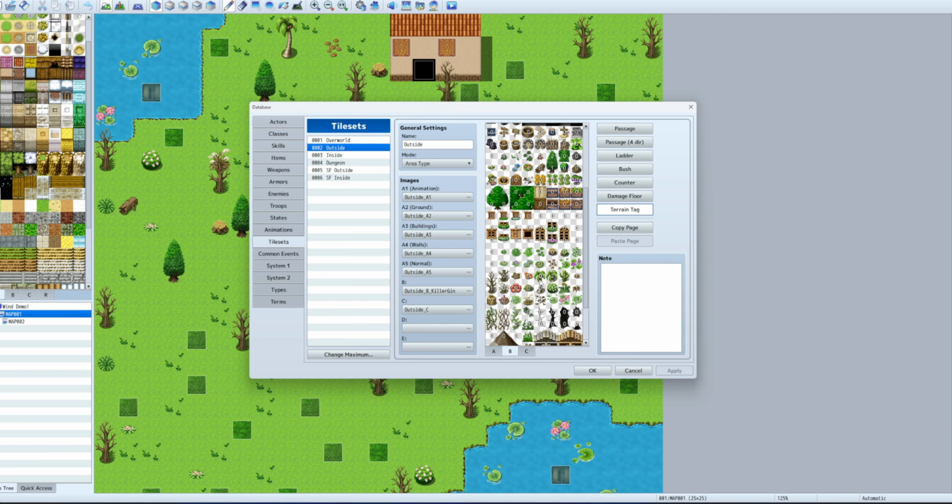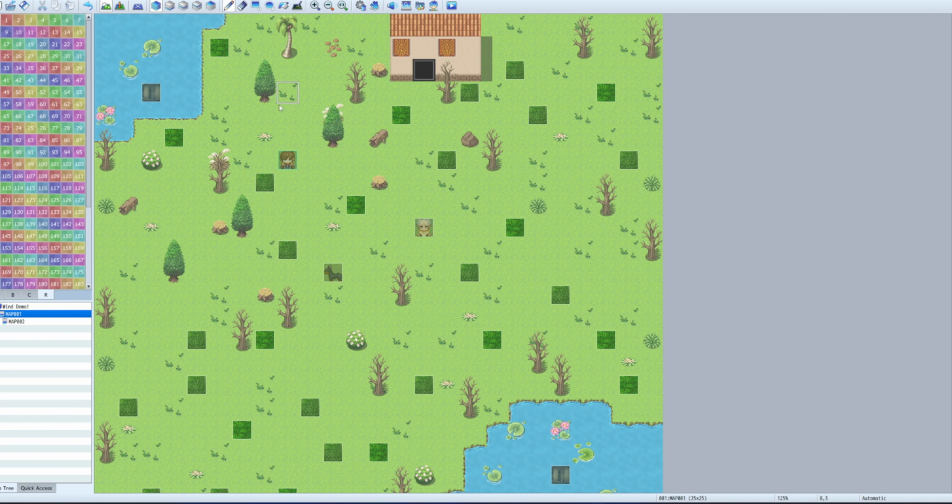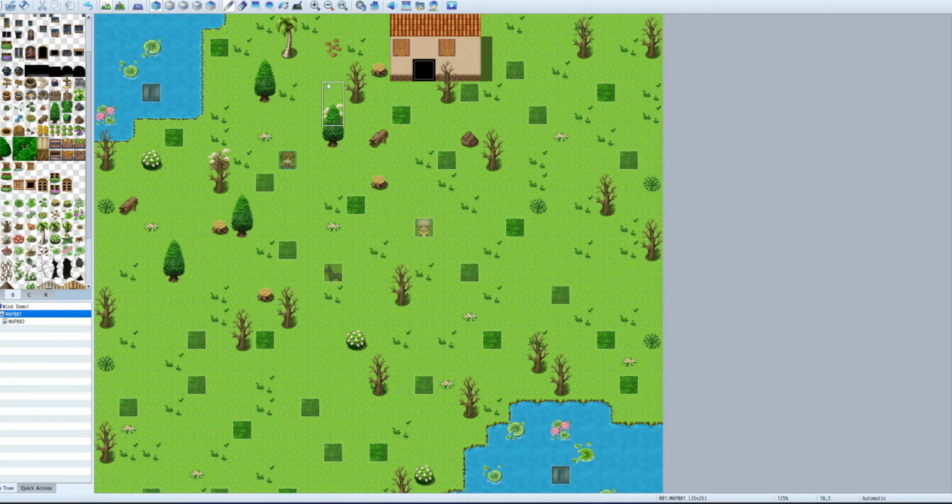In this, I kind of have the demo here to use the regions instead. I definitely recommend the tags over the regions, but the regions still give you an option just in case. So once you set everything up, the lily pads are 5. And you can see the regions I use on here, because without the regions, it wouldn't move. But of course, I'm saying this is number 1, and this is number 2. Now it'll move. But for now, let's turn it off for demonstration purposes, and let's put a tree next to it